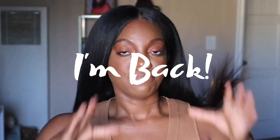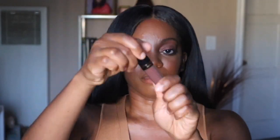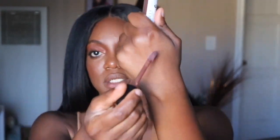All right, I'm back. Face is pretty much done. I just want to show you guys my little lip combo concoction that I came up with. First, I'm going to take this Revlon, I think it's lip gloss in the shade Choco Crush. So it's kind of like a brown chocolate color. See, it's kind of brown and chocolate. And I'm going to place that